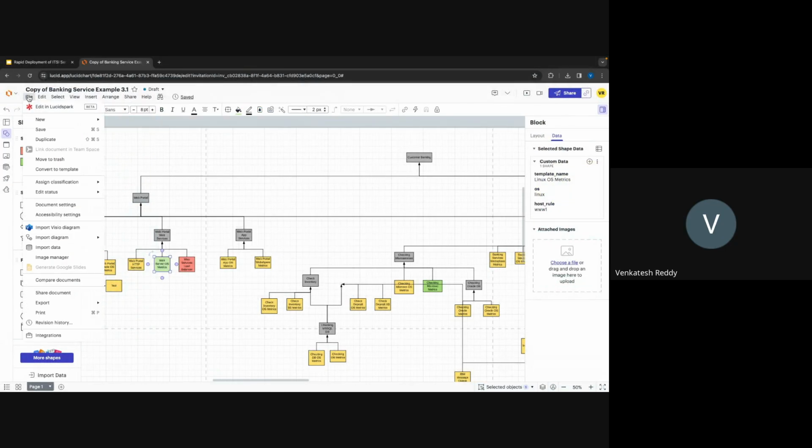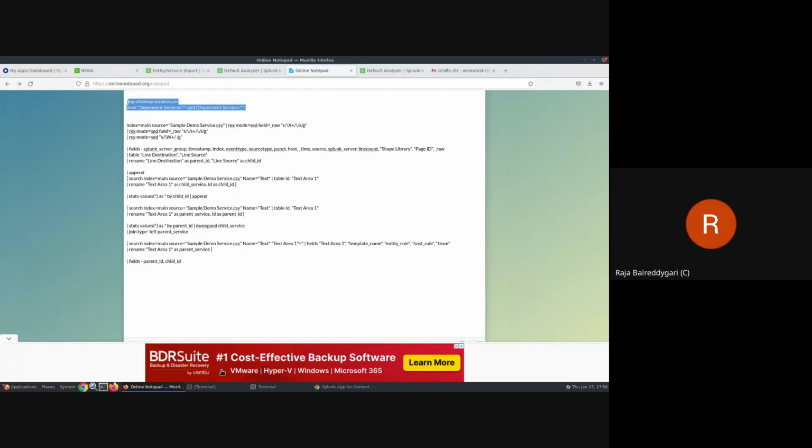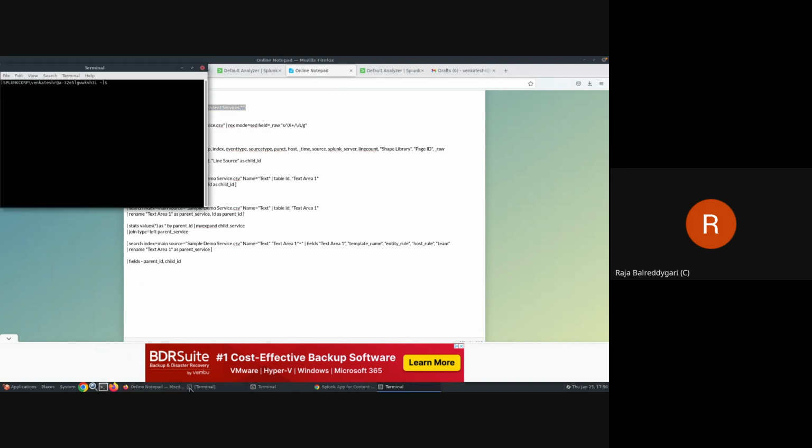Here, click on File, Export, and CSV format. Is this the one you asked? No, it's already stored on your File Explorer, right? I just wanted to see how it looks. I know it will be in line by line format. Yeah, I'll show you that one also.